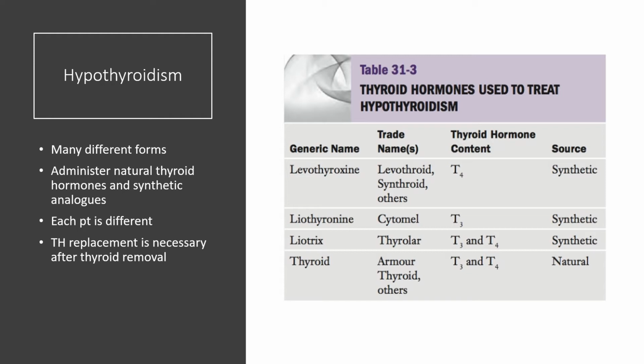I just want you to know with hypothyroidism, the thyroid function is diminished or it's absent, so we're giving essentially hormone replacement therapy. So we're administering the natural thyroid hormones and or the synthetic analogs. Another reason I don't need you to memorize this is because each patient is different. Each patient is going to require a different titration of these drugs,